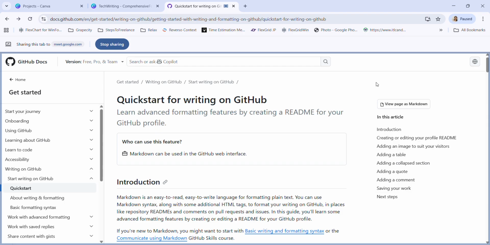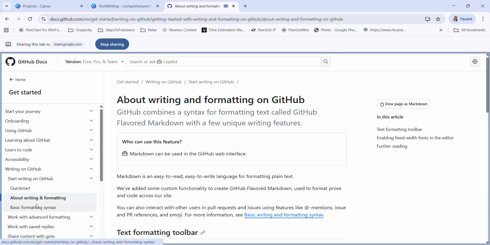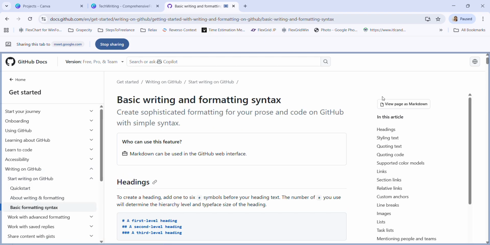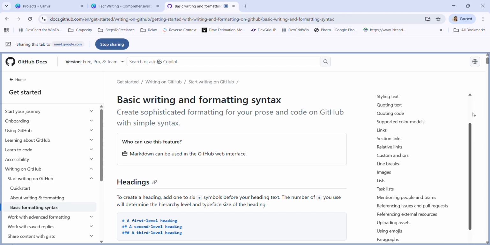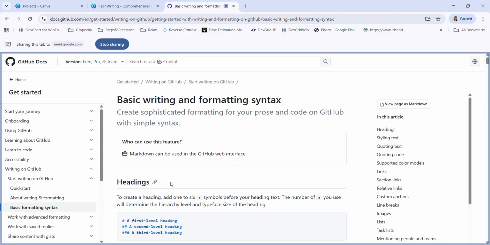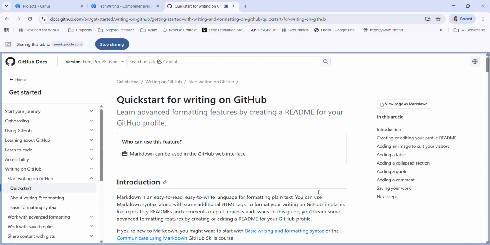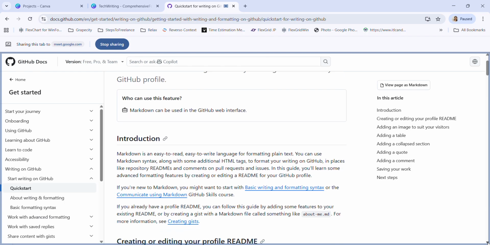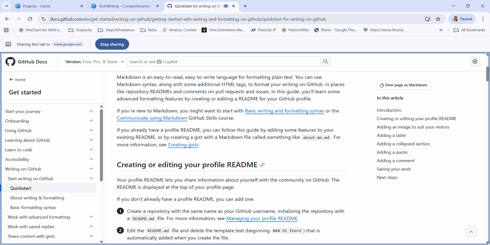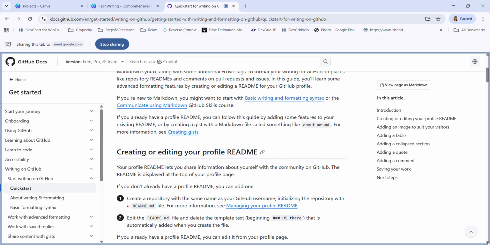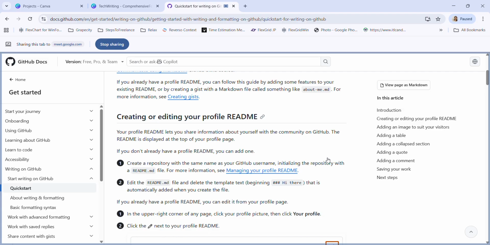Do you see this view page as markdown on every page? Isn't it part of the template, part of their page layout, the standardization that they have done with respect to their documentation? Right? So there are many things, not just one or two. There are so many things that they are doing.